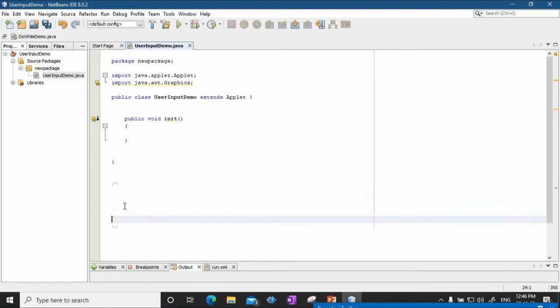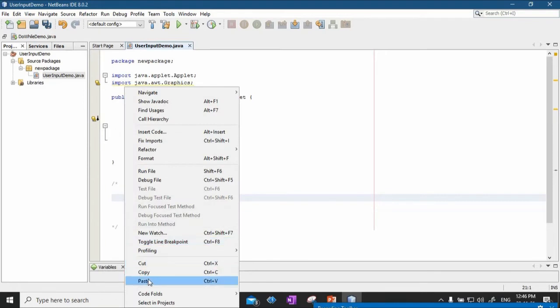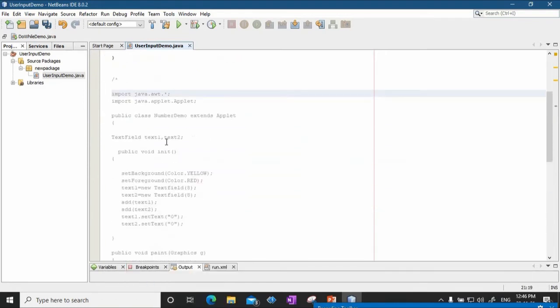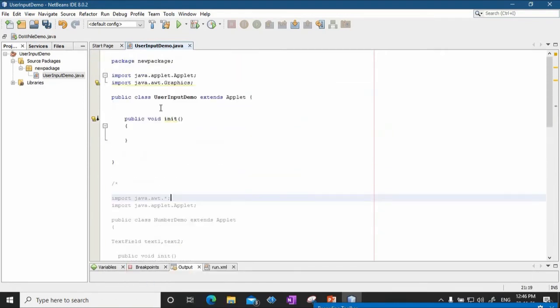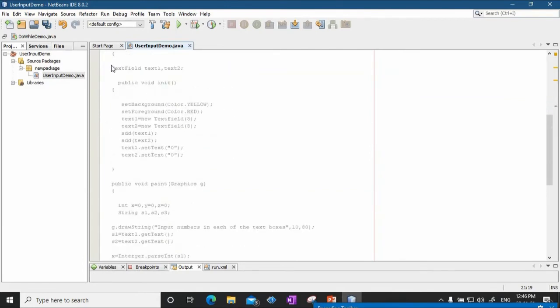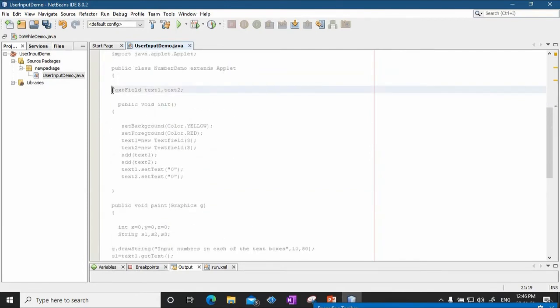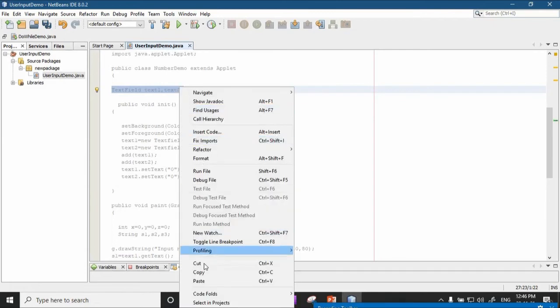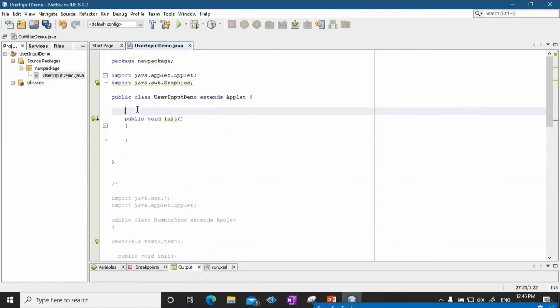So the code that I've copied, I'm going to paste it here, and accordingly I'm going to use it. So first of all, UserInputDemo is the name. Then I had TextField, so that is declared here. Now see, here there is an error that is shown.